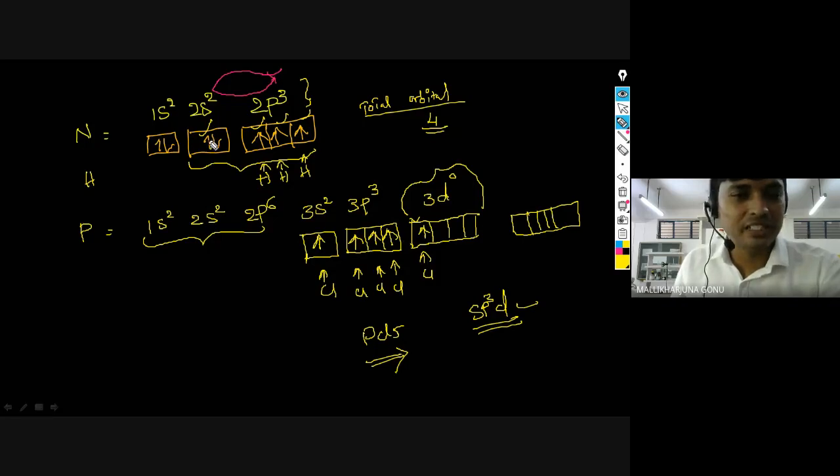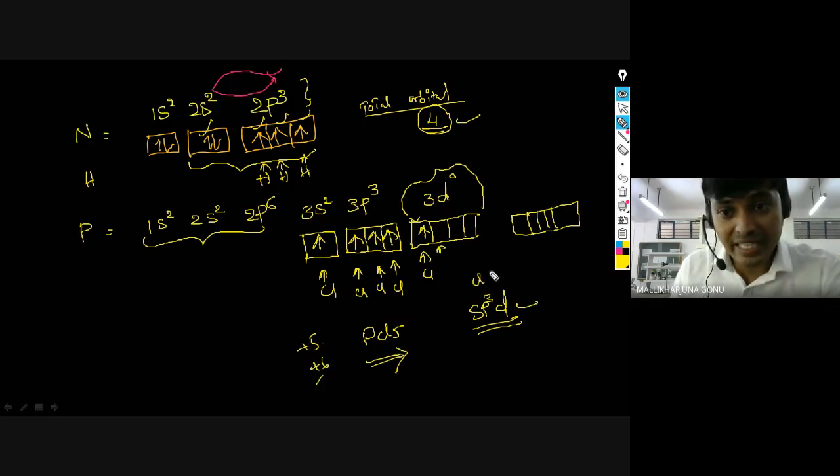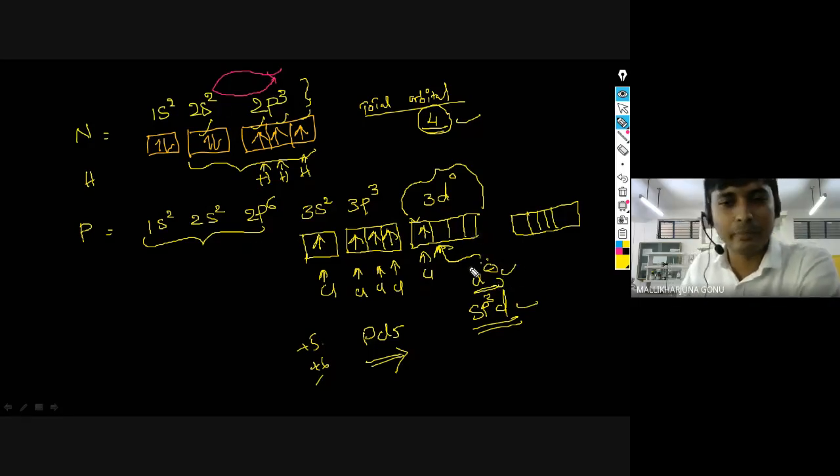But that situation is not possible in nitrogen's case, excitation to a higher energy level is not possible. So the total valency nitrogen can show is 4. But phosphorus can show valency not only 4, it can show plus 5, and plus 6 also, because here an empty orbital is there next to this orbital. That's what I was saying, that if Cl minus has 2 electrons, these 2 electrons can be given here. In coordination chemistry you will study this. These are called the ligands, these are called the central metal atoms. So covalency phosphorus can show plus 5 and plus 6 both. So that is the meaning of that one.